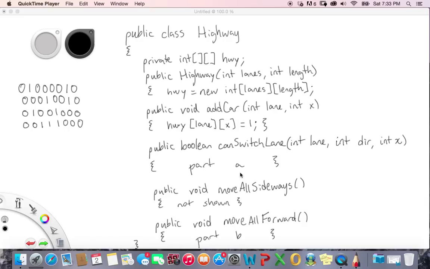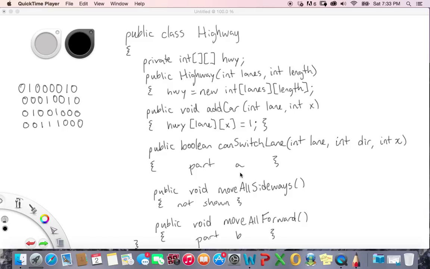All cars are moving in the same direction. Cars can also make lateral moves, so like switching lanes, which would be like switching rows, so they can go up or down if they're switching lanes, but they're all moving in the same direction. In the picture, the example, the highway has 4 lanes, 4 rows, and all the traffic is moving to the right. It says to simulate continuous traffic, a car that goes out of bounds on the right